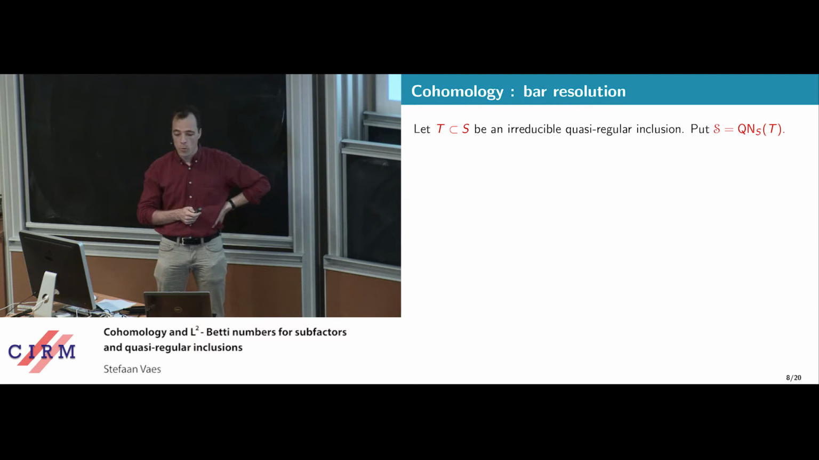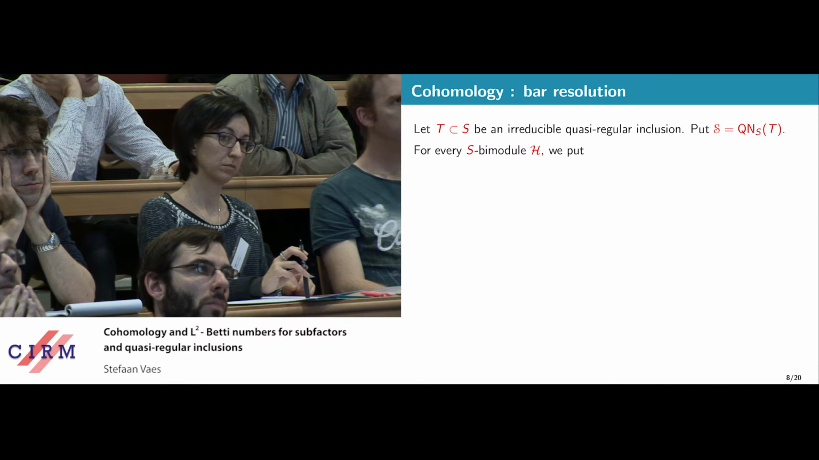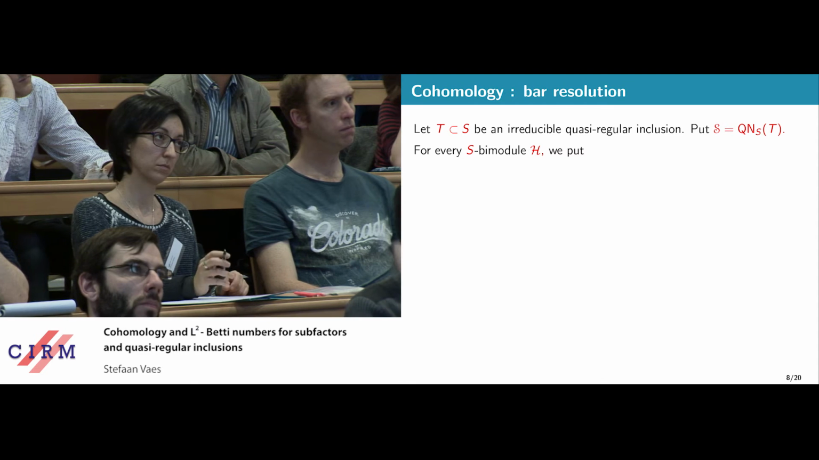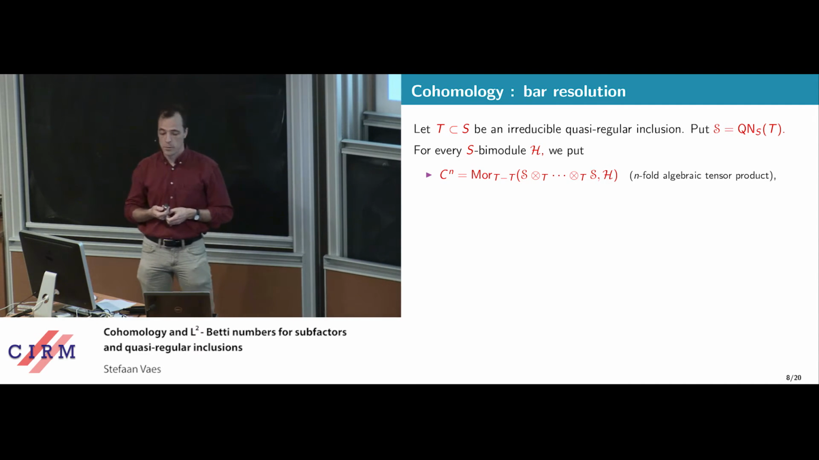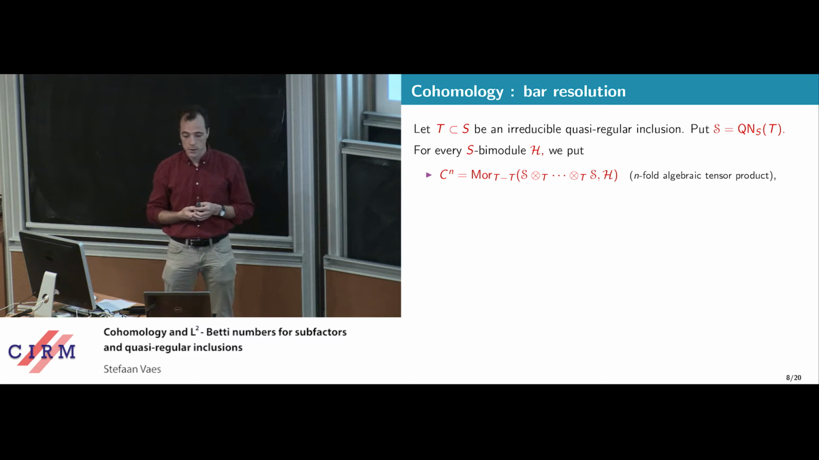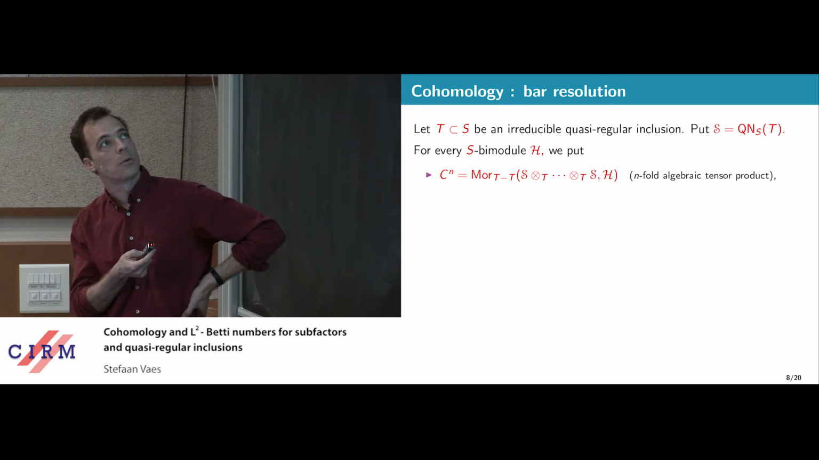So what is cohomology for an arbitrary quasi-regular inclusion? Well, I need coefficients, and the coefficients for the cohomology theory will be just S bimodules. So bimodules over the larger II_1 factor S. And here is the bar resolution. So the bar resolution is quite straightforward. So what are n cochains? Cochains consist of the following. You take an n-fold tensor product of this algebra curly S, the quasi-normalizer, relative over T,